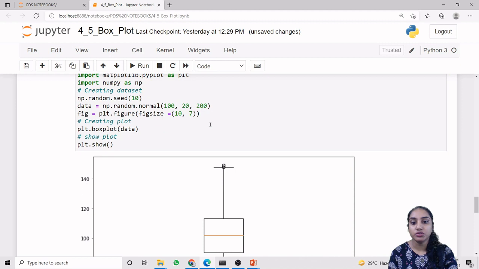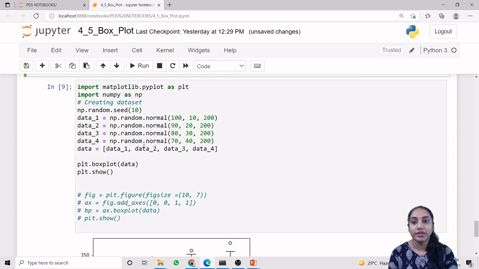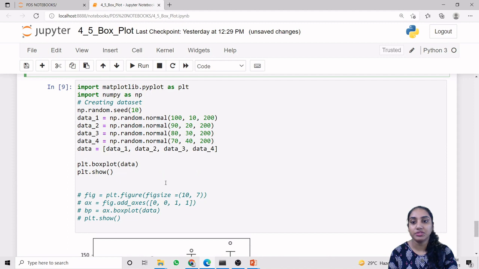Now we can also check this using np.random.normal. Now we can see that we can represent multiple box plots on a single one using this particular method, in which with np.random.normal we are creating 200 data points for data 1, data 2, data 3 and data 4.